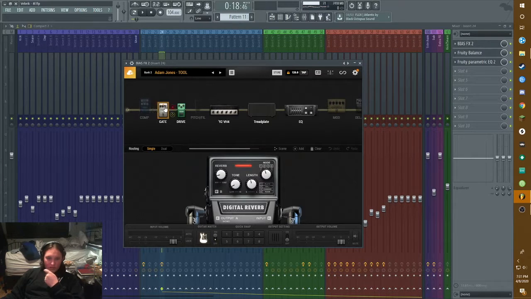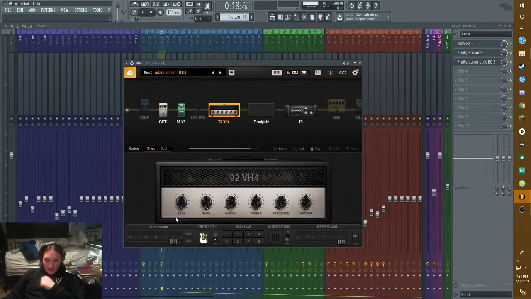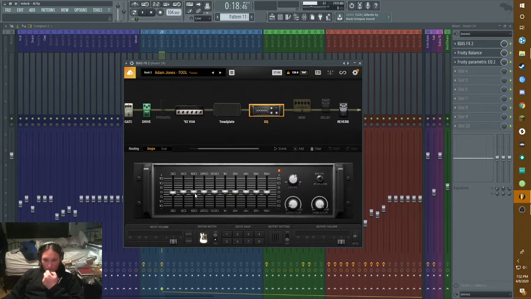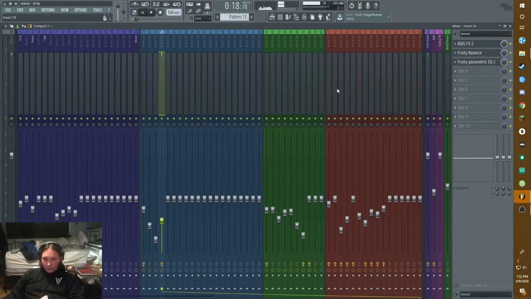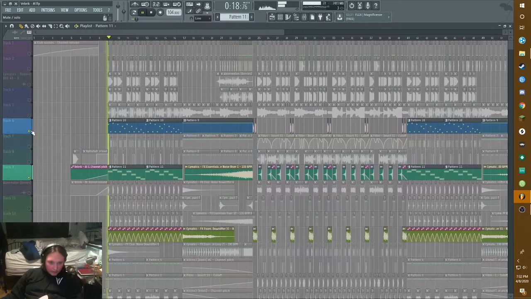It is basically a noise gate running into an overdrive pedal with a 92 VH4 amp, mid gain, boosted mids, slightly high presence, standard master volume, running into a Triplate cabinet with an SM57, and then an EQ, which is basically just leveling everything out a bit more, slightly lowering the highs and lows. And then that's going into a reverb. And then that layered with the melody.